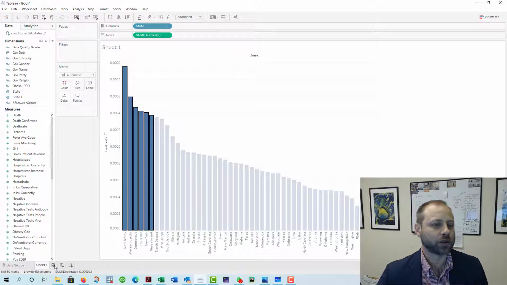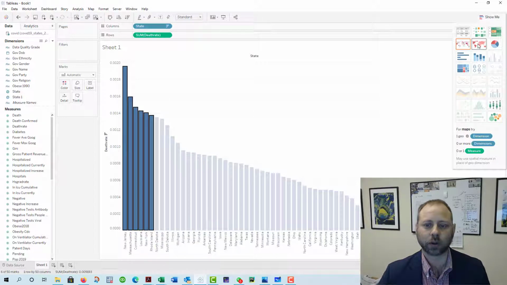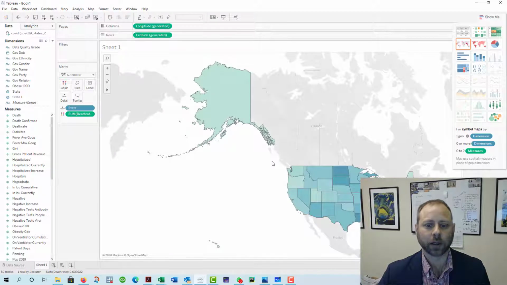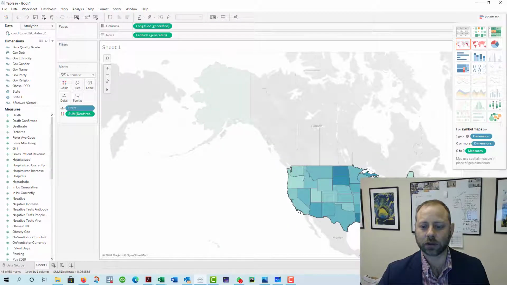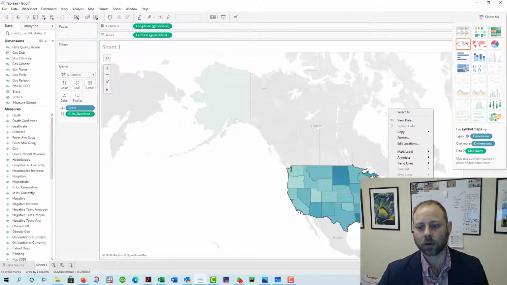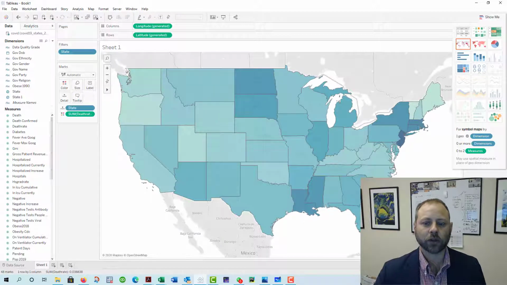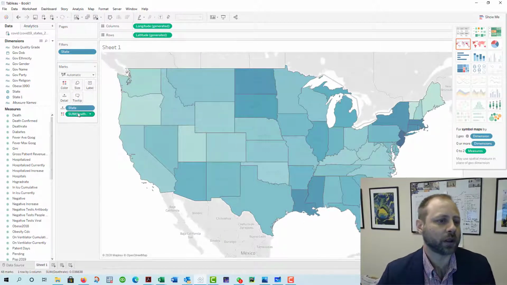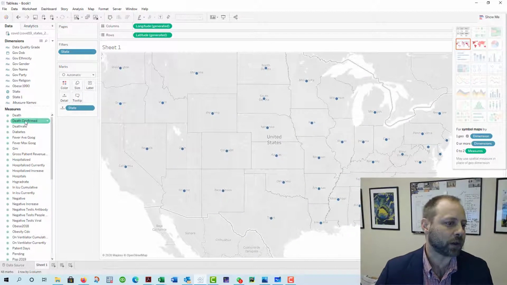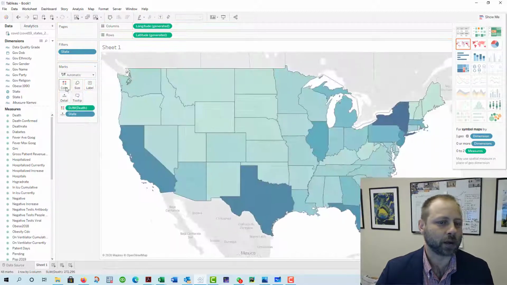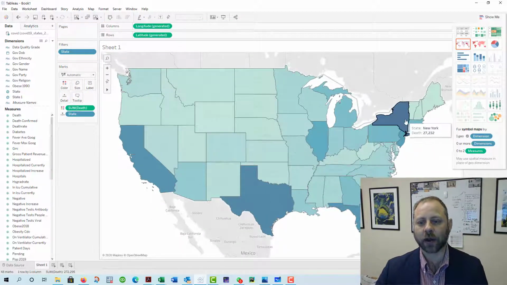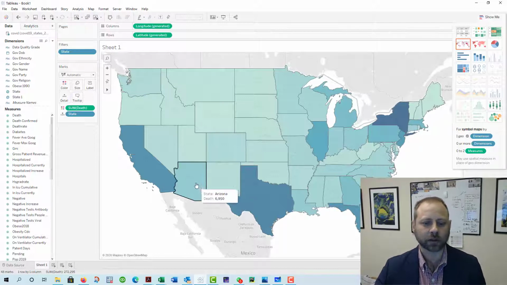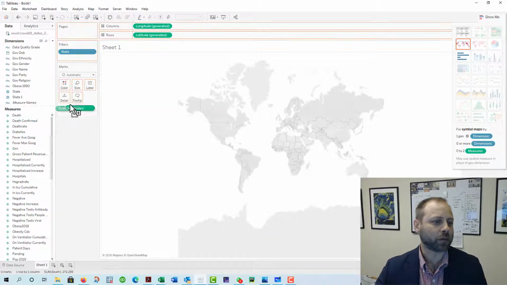And if I were to continue, matter of fact, before we do that, let's make it all nice and pretty here. Let's look at just the United States, and I'll show you what I mean when we keep on. There you go. So here's our death rates, and let me throw out death rates for a second and bring total deaths back in to make my point. If we look at total deaths, then we worry about New York, Texas, California, etc. But if we worry about the total number of death rates,